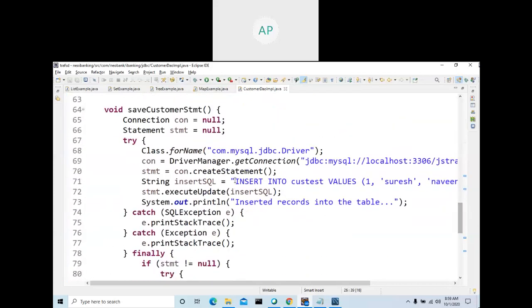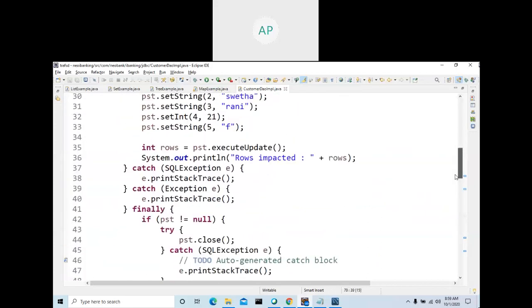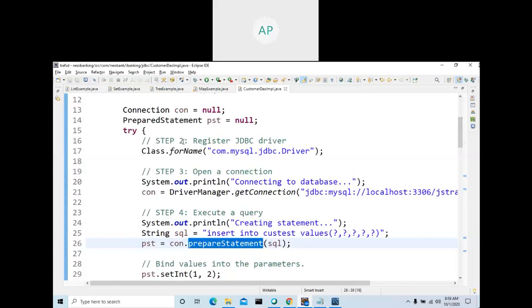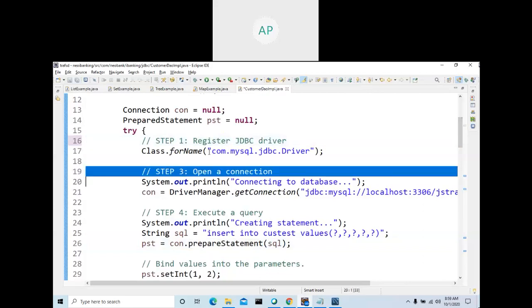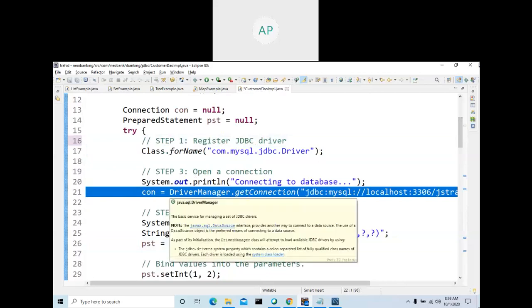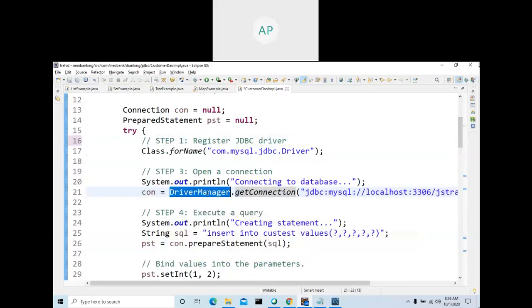This also will insert a record, but the one difference is it uses PreparedStatement. See here, you got a connection and you are using PreparedStatement here. Whereas in the below method, we went with the approach called Statement, create statement. So always PreparedStatement is the right way.